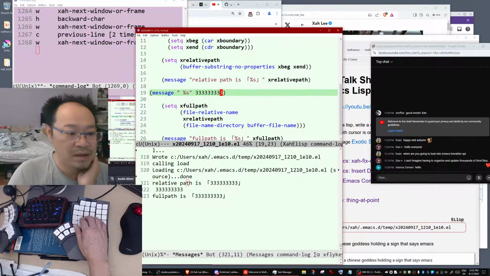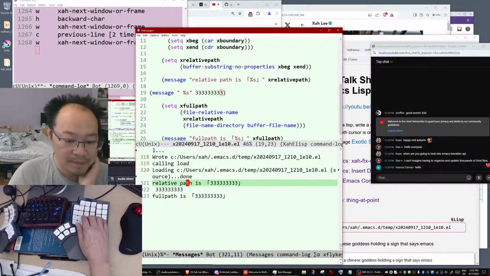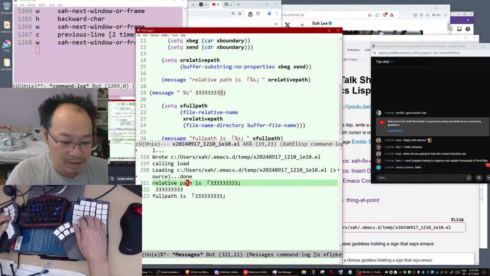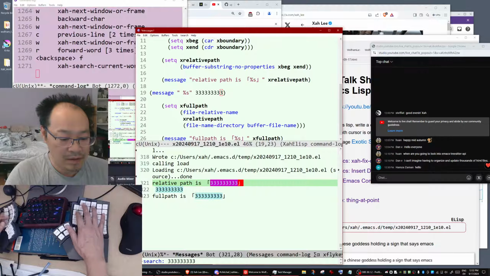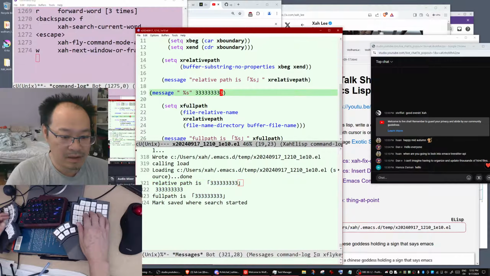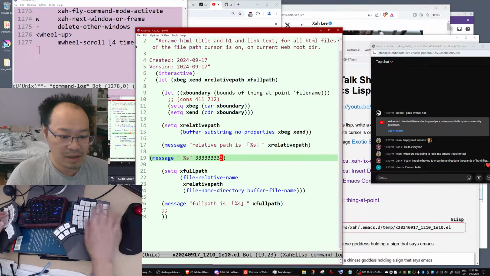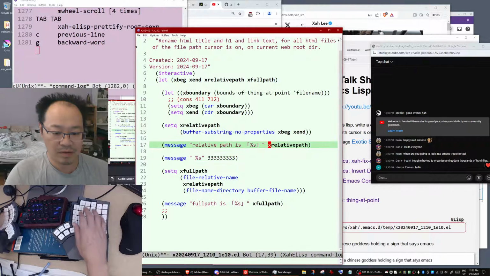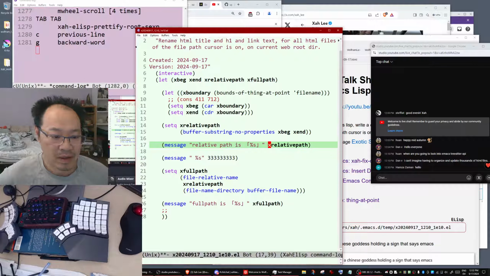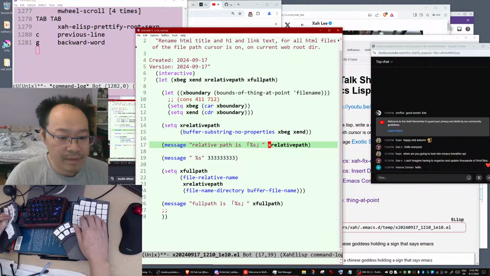That's really odd. So somehow, you see, this 333 got set to this variable. How did that happen?